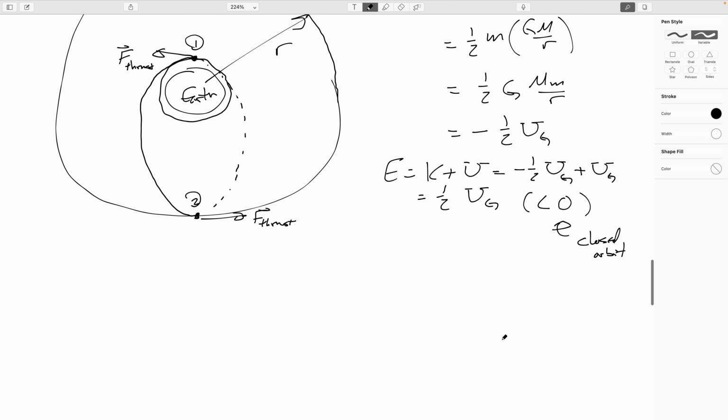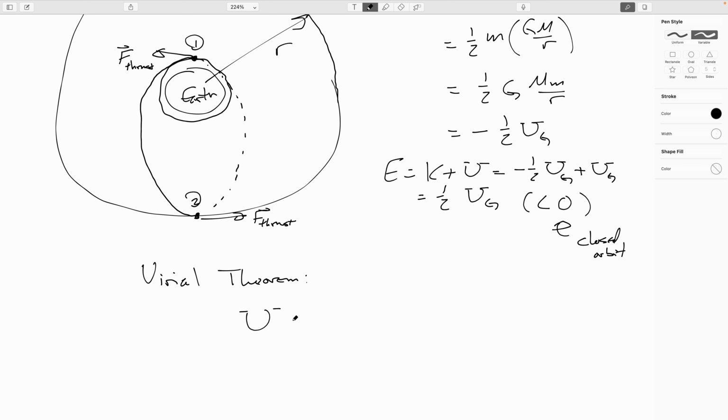Now, this turns out to actually be true in addition for circular orbits. It's actually true in general if we average over an orbit. In fact, this even works for a more general force. So there's a theorem called the virial theorem. Don't really have to worry about it too much. This is mostly to impress your friends and confound your enemies. V-I-R-I-A-L theorem